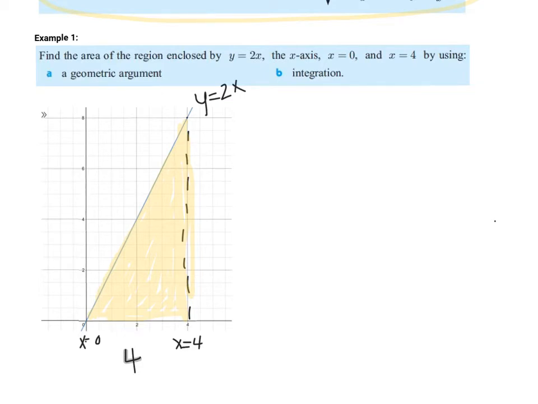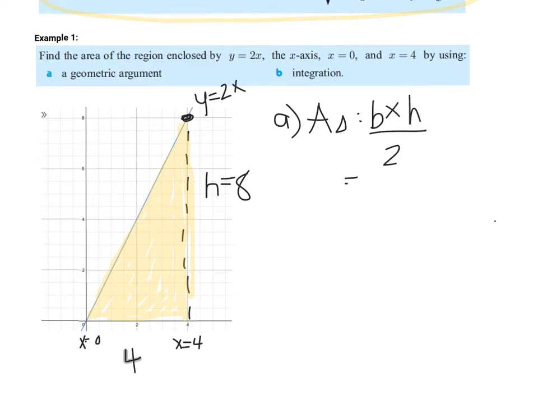How could we find out the height of that right triangle? In other words, what's the value of y, or of our function, when x equals 4? Well, when x equals 4, the value of our function is going to be 8. So our height here is 2 times 4, 8. I can find the area of that triangle pretty easily. Area of a triangle equals base times height divided by 2. So I've got 4 times 8 divided by 2,